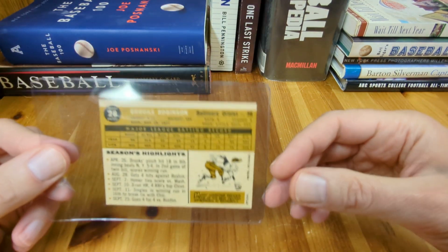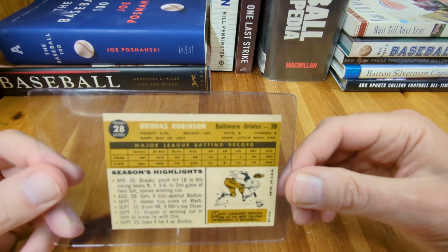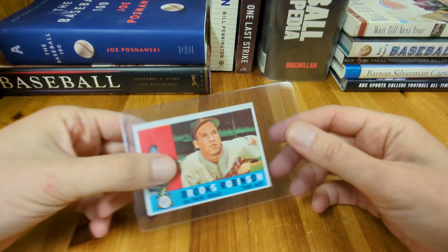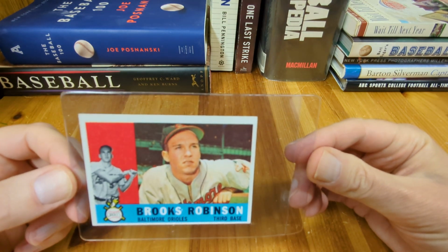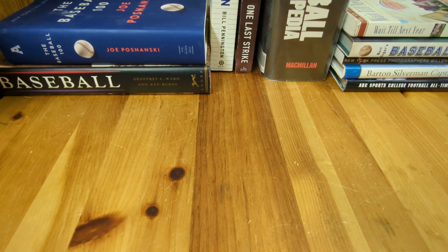And I will actually send this off to get graded. My hope is that it'll come back at least a 5. If it wasn't so off-centered, I think it would have a chance for something a little better. But I still want to send this off. I think it'll look great slabbed. Great card there. And then lastly, I'm just going to show my two most recent pickups for my